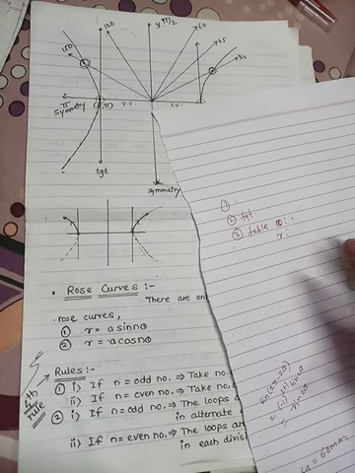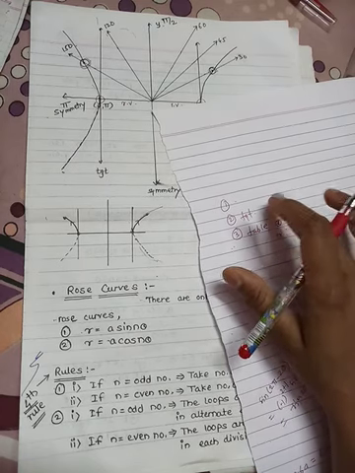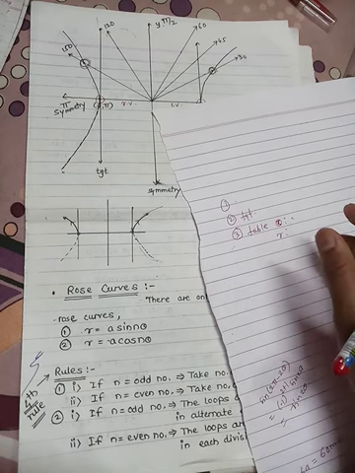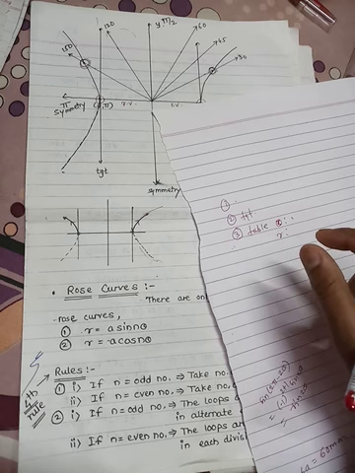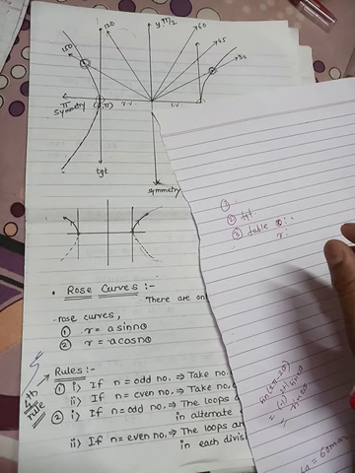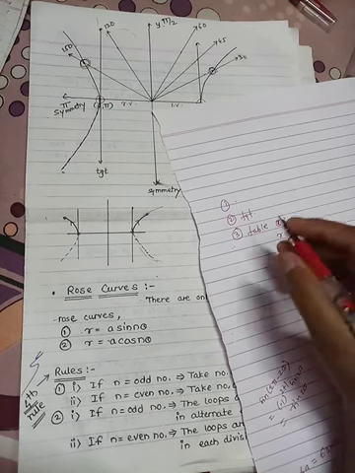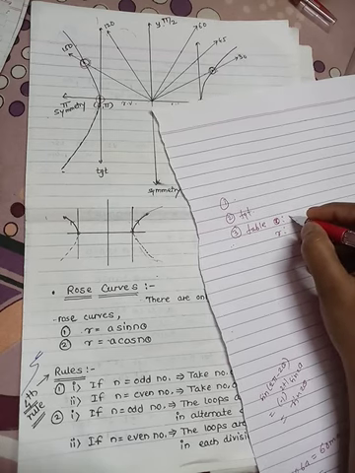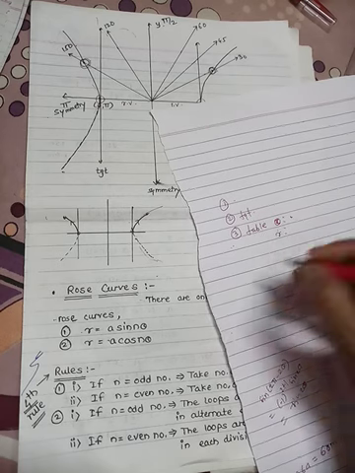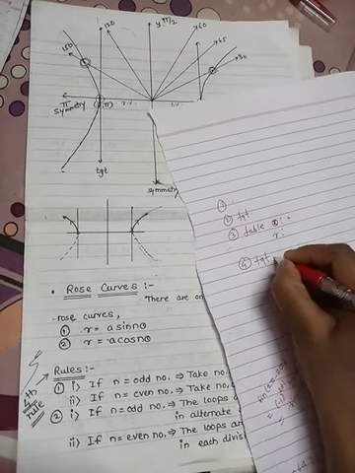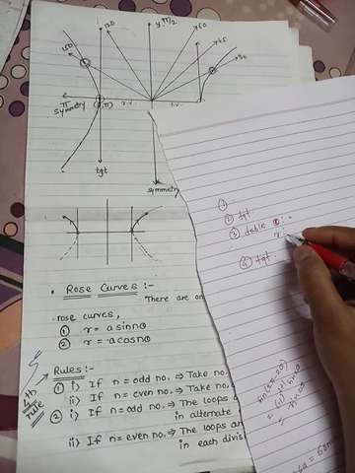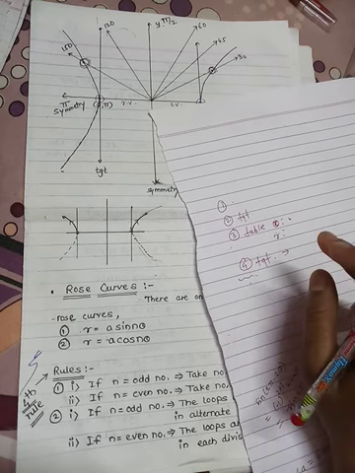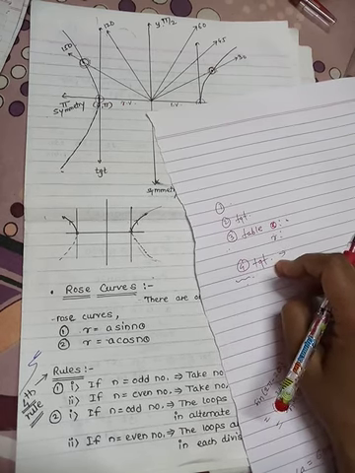And if the symmetry is about the initial line and the perpendicular line, then the thetas we have to take from 0 to pi by 2. If there is a symmetry about all the points, then we have to take 0 to 180 angles. So your theta values depend on the symmetry condition. So the third point is your table. Then the fourth point is tangents through points other than the origin, or other than the pole. So these are the points that we have to check to trace the curve in polar form.